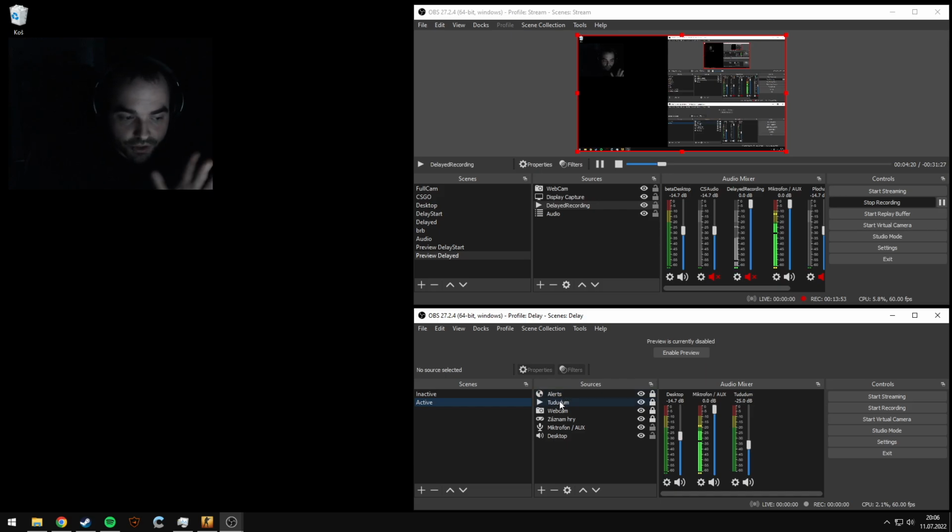And the audio, which I said you don't need to be bored with. And there's a webcam. There's, okay, it's in Czech, but it means game capture. This is a game capture. And my mic and desktop audio. So this is everything we need to have in our active scene. We have a shortcut on our Stream Deck, so when we go into our delay start scene, which I'll show you here in the preview,